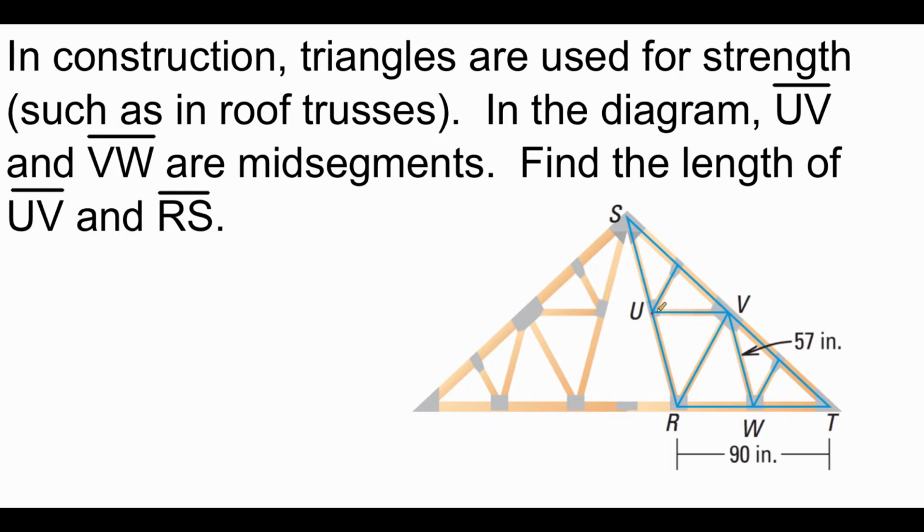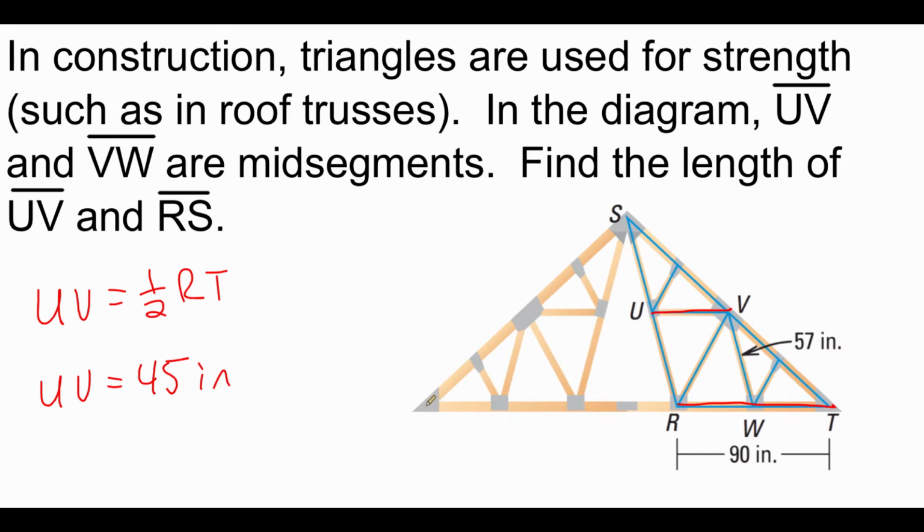So let's first look at this UV segment, and I'm highlighting that in red. Now UV corresponds with RT. Now if we're trying to find the length of UV, we talked about the length of midsegments as being half of the length of their corresponding piece. So this UV length is going to be half the length of RT. Well, we can see that RT is 90 inches long, so then UV should be half of that, which is